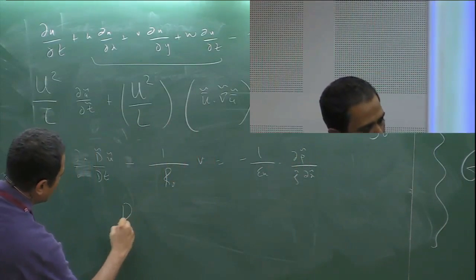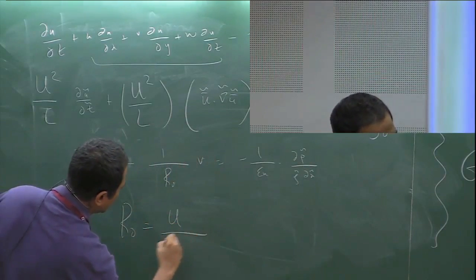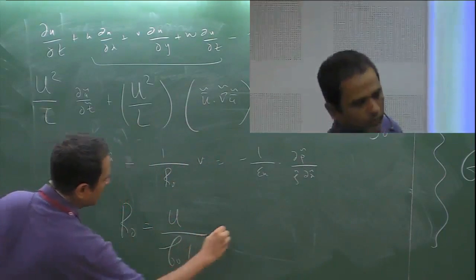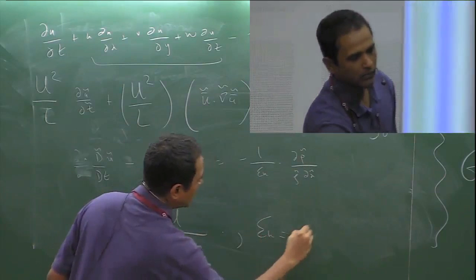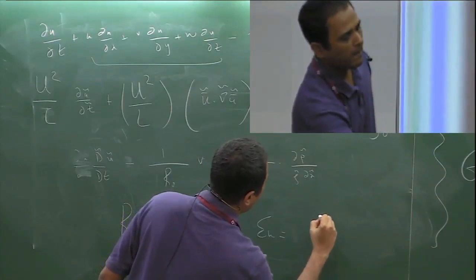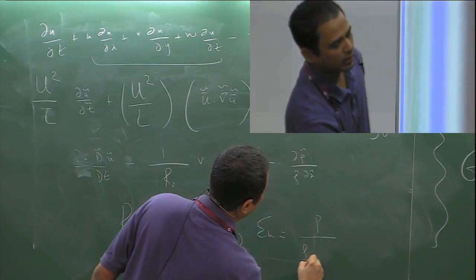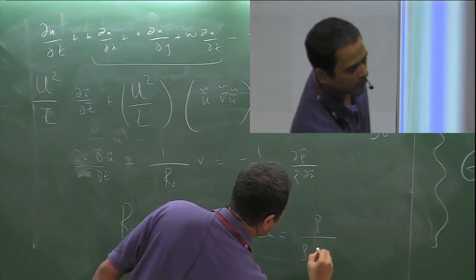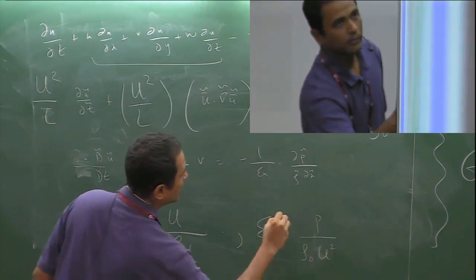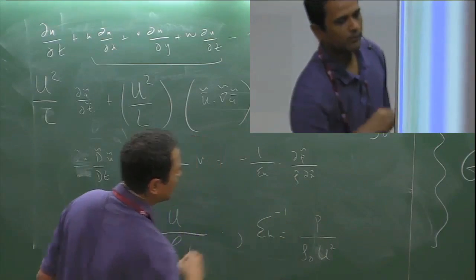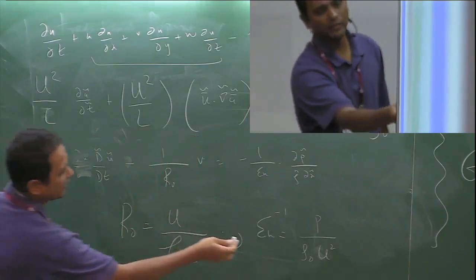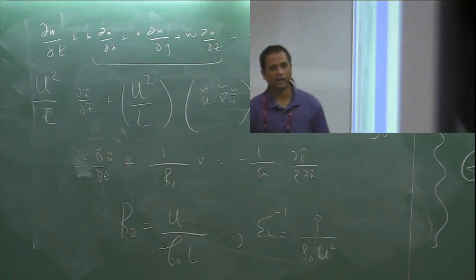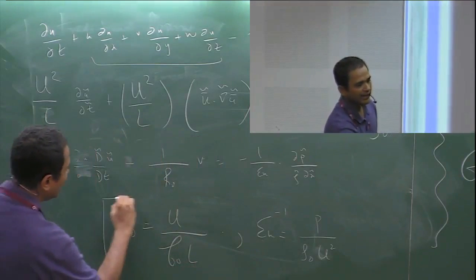Where this is going to be P by rho naught L, and you get this guy. So this is sometimes known as the Euler number, and this is really the number that we are